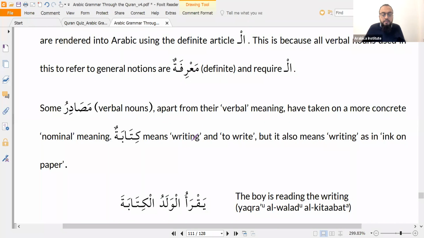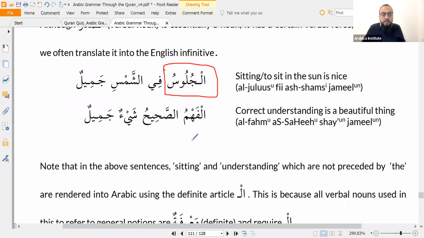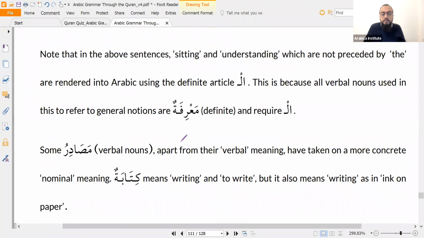Ustad, wouldn't it be better to say tahta shams or fi shams? Fi shamsi is used by the Arabs. You can say tahta shamsi or fi shamsi. Okay. Even in English, we say under the sun or in the sun. Yeah? Although we're not physically in the sun, we're in the sunshine. Yeah. Okay.